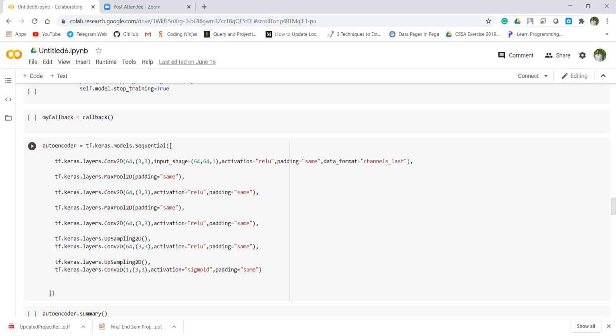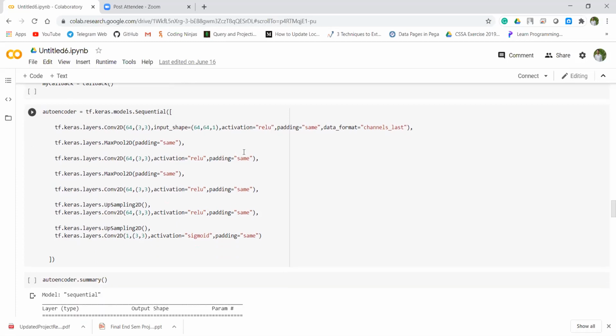The rectified linear activation function overcomes the vanishing gradient problem, allowing models to learn faster and perform better. It is used in our model because it's the default activation function for the CNN. And here padding is same, so that the size of the output images is the same as the input images.